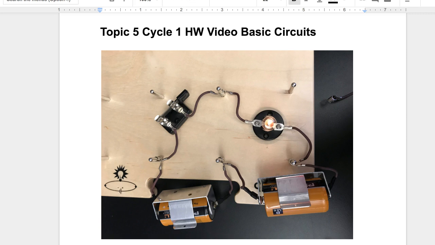So here's a picture of one of the circuits from today's lab. And notice the light bulb is on, which means we have a closed circuit, or that switch is closed. That allows electricity to flow. Now if we wanted to trace the path of electricity, we would trace the direction that a positive charge would flow, which would mean from the positive terminal, around, through the light bulb, and back around to